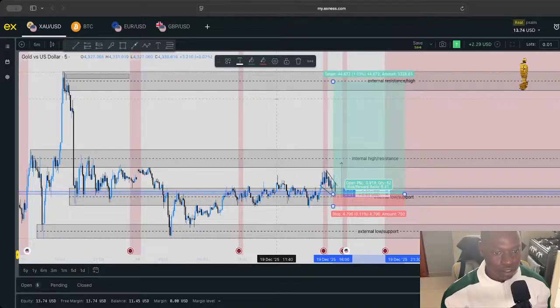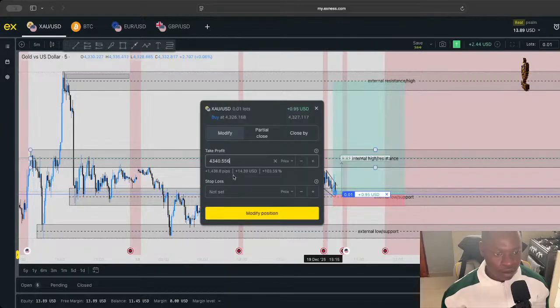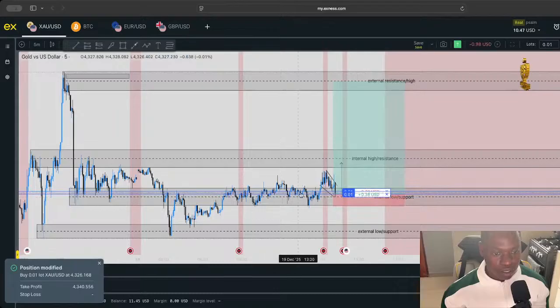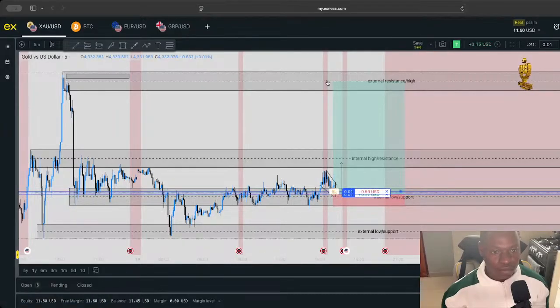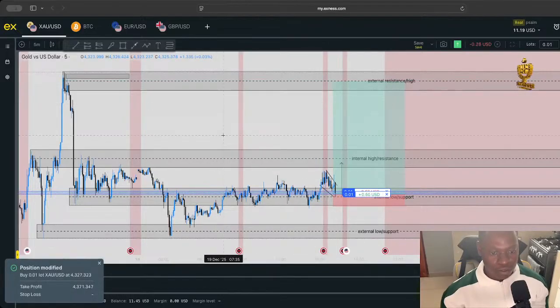Already inside. So first take profit has to be here. Then the second take profit can be above that high. So these are the two take profits